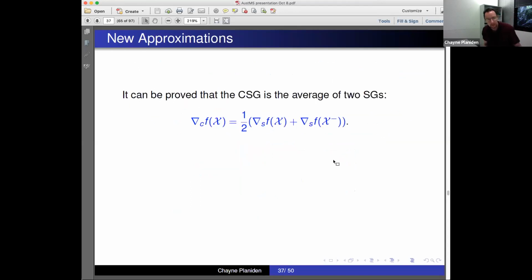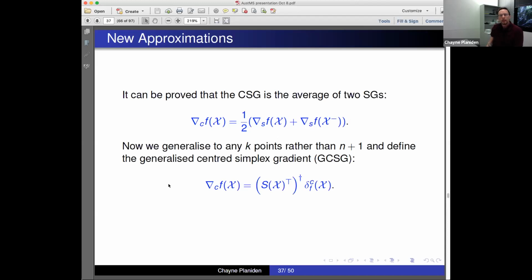What you can prove is that the centered simplex gradient is in fact the average of two regular simplex gradients. You take one simplex gradient, the one that you took before, you take the reflected one nearby, and you average the two out. That is the centered simplex gradient. Further, you can generalize this process to any finite number k of points instead of n+1 points, or in this case 2n+1 points. You can use more or fewer, and using the pseudo-inverse instead of a square matrix, you can still prove